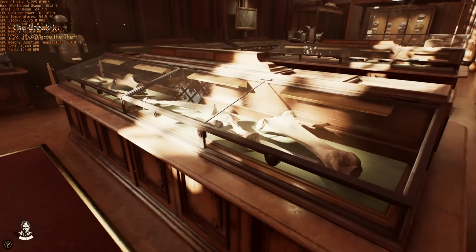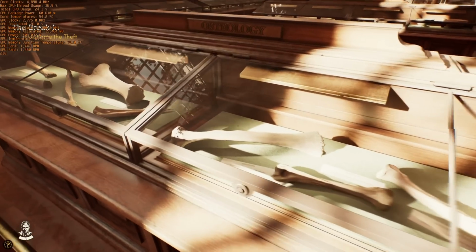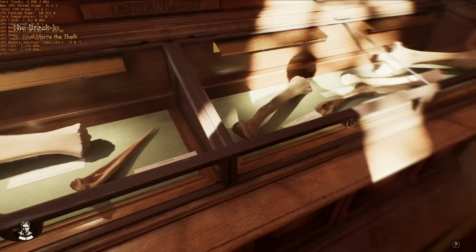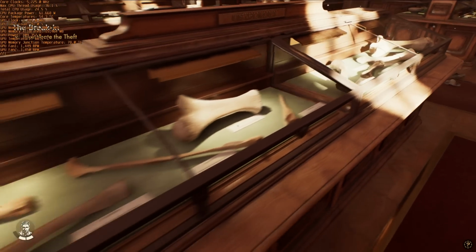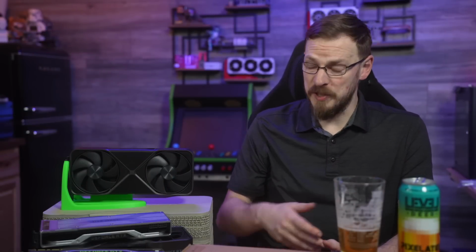In Indiana Jones and Cyberpunk alike, rather than just simulating reflections and light travel with ray tracing, path tracing seeks to simulate how light interacts with different objects in a scene. Different properties can be applied in a game engine, and objects will react to light and reflections similarly to how they would in real life. But probably the biggest difference between the two modes, besides the performance requirements, is just how freaking good the shadows